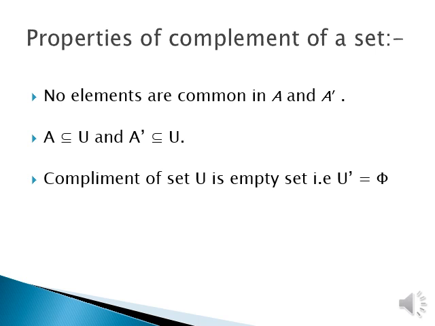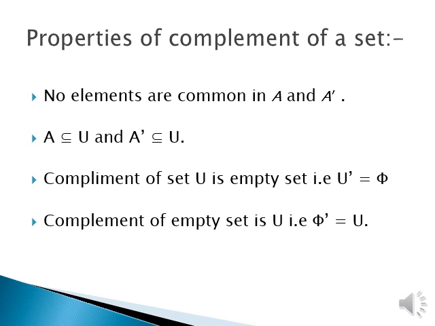The complement of set U is the empty set, that is, U complement is equal to empty. Yes, because the elements present in the universal set are all the elements. So if we see the complement of that, it obviously means the elements are not present in the set. Hence it will be an empty set. And vice versa, the complement of the empty set is the universal set. Hope you have understood till here. Try to solve exercise 1.3. Now we'll continue with the further points.